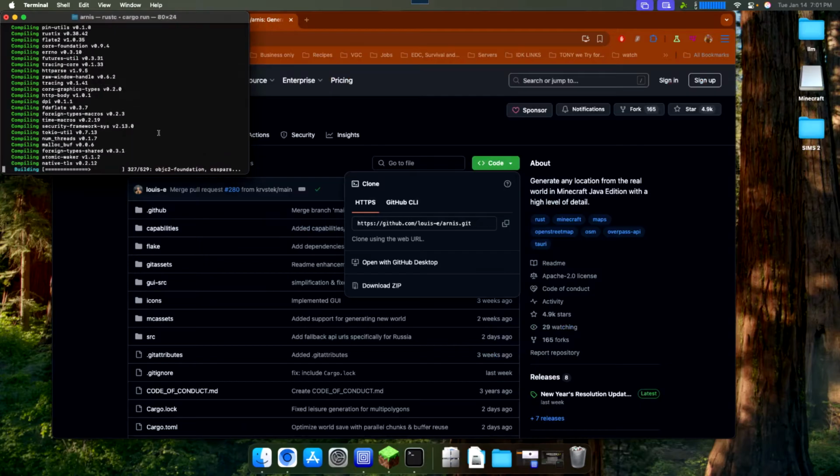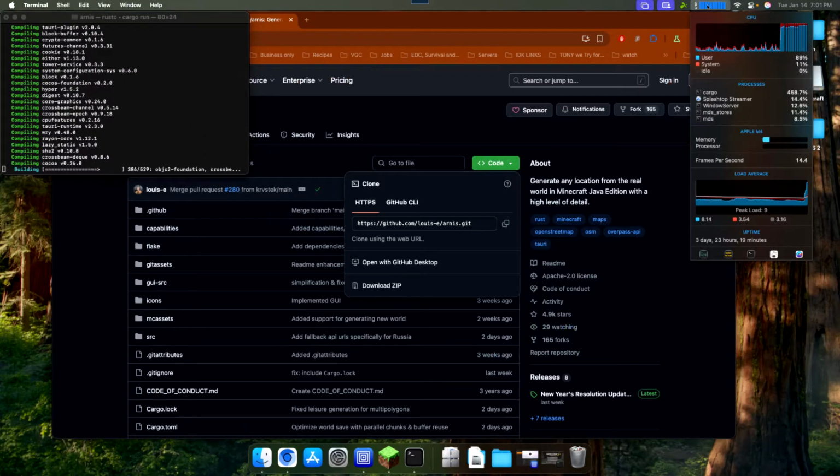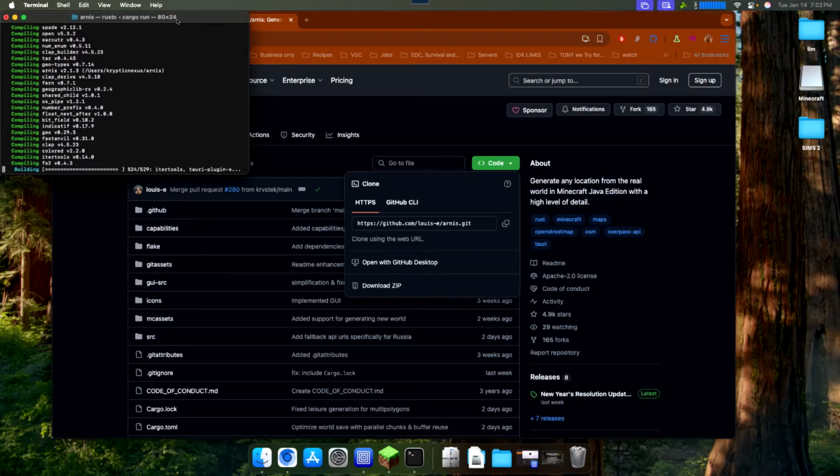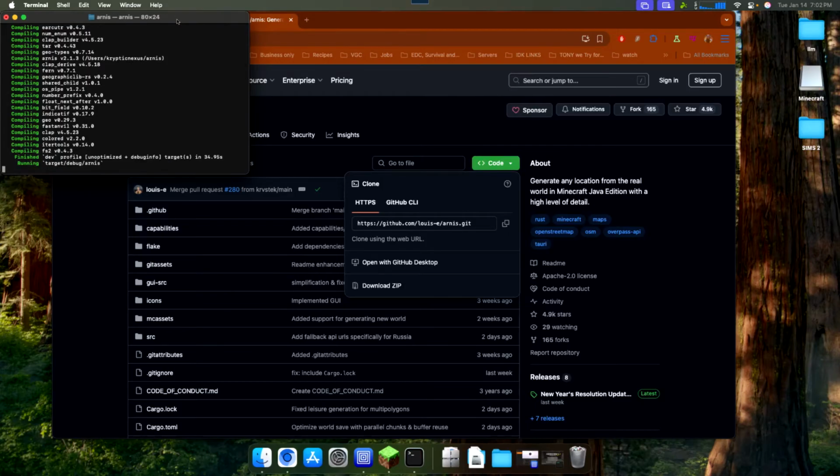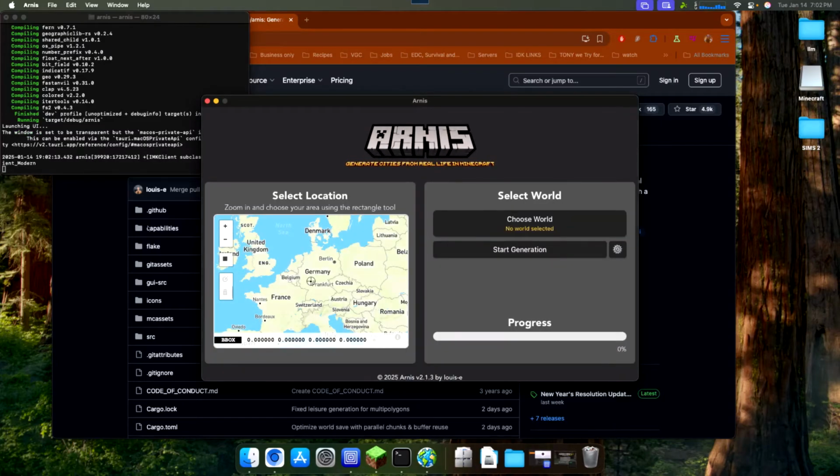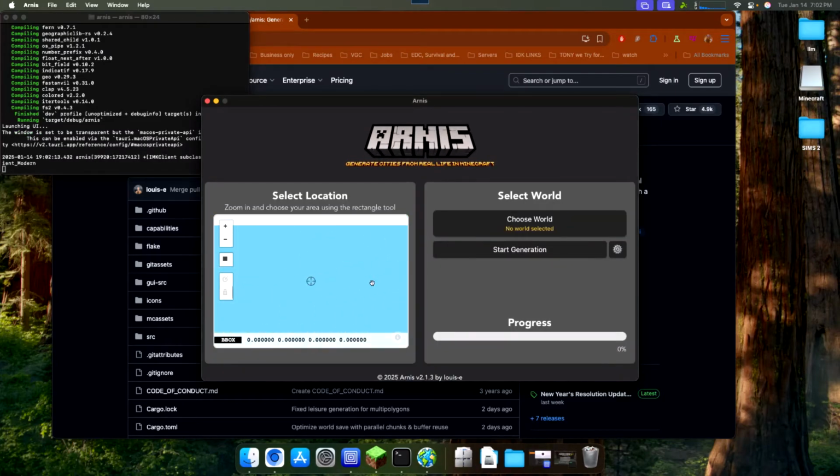This is a base model M4 Mac Mini, and I mean, it's using all the processors. Anyways, once it gets to the end, it will open. And there we go. So, like the last video, all we need to do is go somewhere,